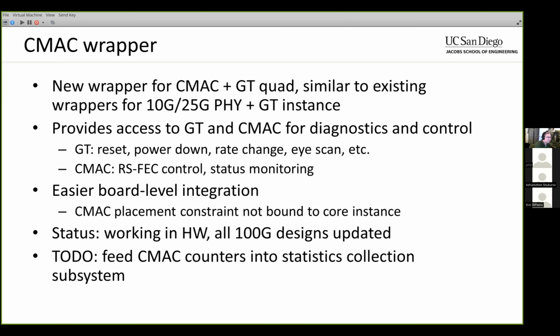So the idea with this is basically to do what I did with the 25 gig and 10 gig PHY modules, integrating that with the GTY or GTH transceiver cores, where we have a wrapper module that contains all of the interconnections and whatnot. Specifically to simplify all of the management and configuration of the GT cores, but also wrapping the PHYs just so everything's all nice and self-contained. That makes the board level integration much simpler for these things. So the idea is to do the same thing for the CMAC.